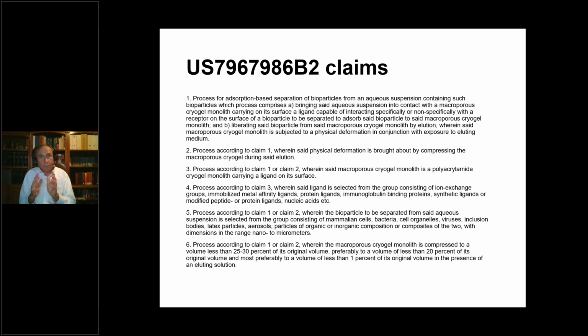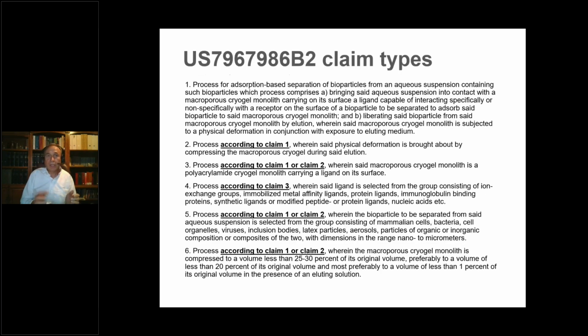So now let's look back at the patent that we were looking at before, this separation patent. So this is the claim set. It's very little. It's only 6 claims. So this is pretty good. So let's see what kind of claim types we have, okay? Do we have independent claims? Okay, well, we see here that the first claim, of course, is an independent claim, and it talks about the process, and then each claim following refers back to claim 1 or claim 2. So we have 5 dependent claims, each of which adds a set of limitations to claim 1.